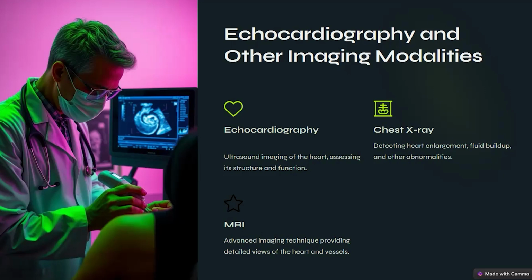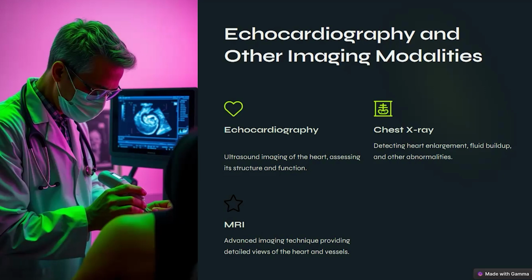Doppler studies on echocardiography will help you in assessing the presence of either leakage of the valve or stenosis of the valve, either mitral stenosis, aortic stenosis, or severe MR or severe AR, or whether there's evidence of pulmonary hypertension which is causing right-sided failure. So echo is a very important test which helps us in differentiating between systolic heart failure, diastolic heart failure, and the etiology of heart failure.